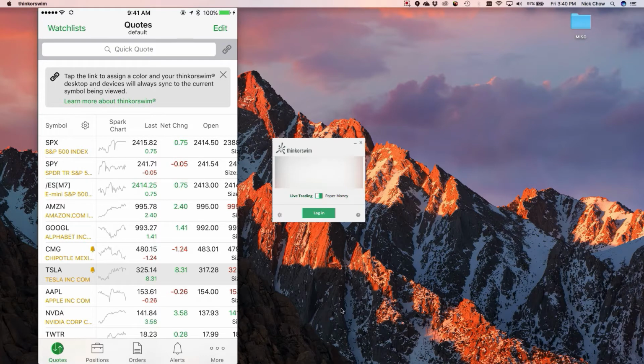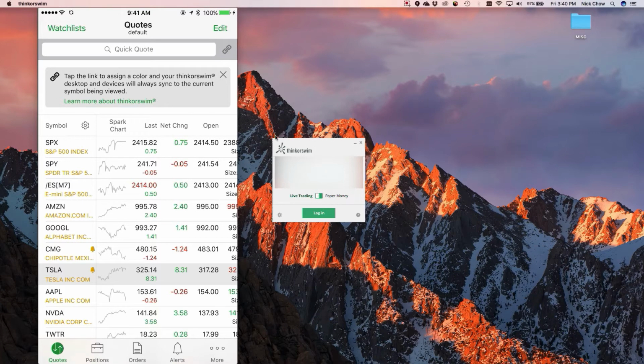So my goal today is to show you basically just the basic features. There's a ton more features that we'll cover in different videos for advanced techniques and different research things that you could do. But right now, I'm just going to show you the basics on how to get going. So right here on the left, I have the iPhone app. But here we're going to get started on the